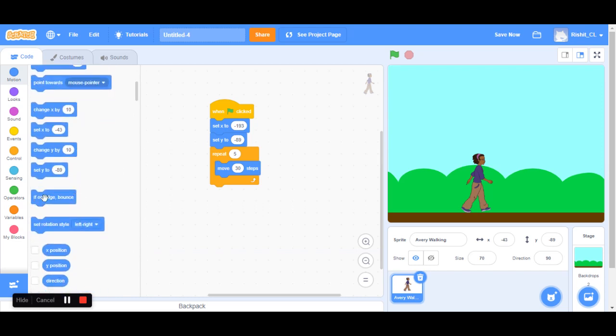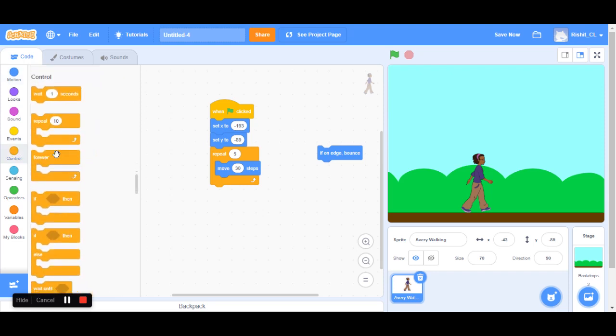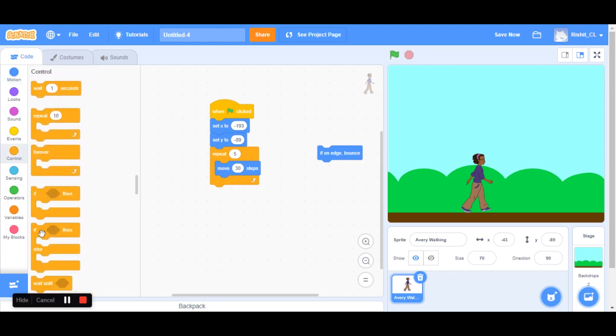And then there's this option called if on edge bounce. So bounce means if it reaches the edge of the screen, which is over here, it will just bounce back. So if I put that over here, once again, for that we need to put another control block, which is if else.